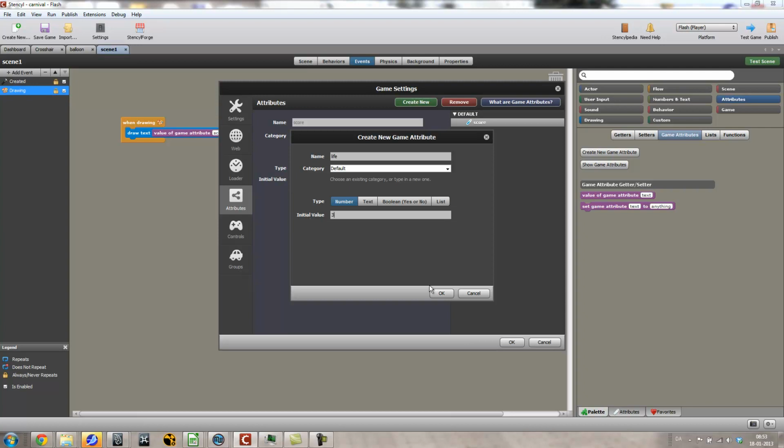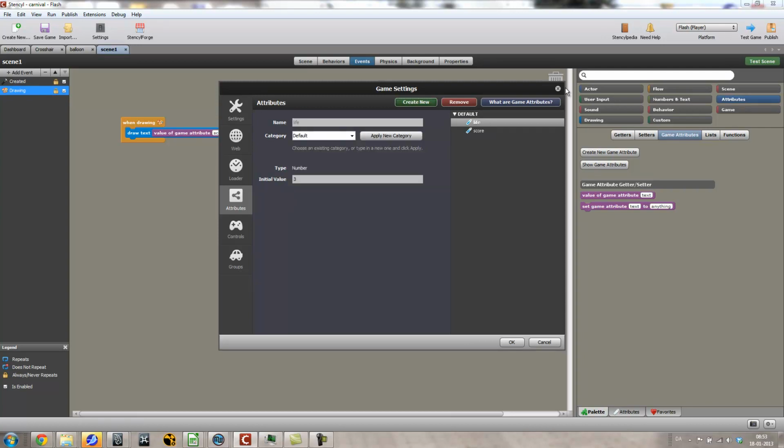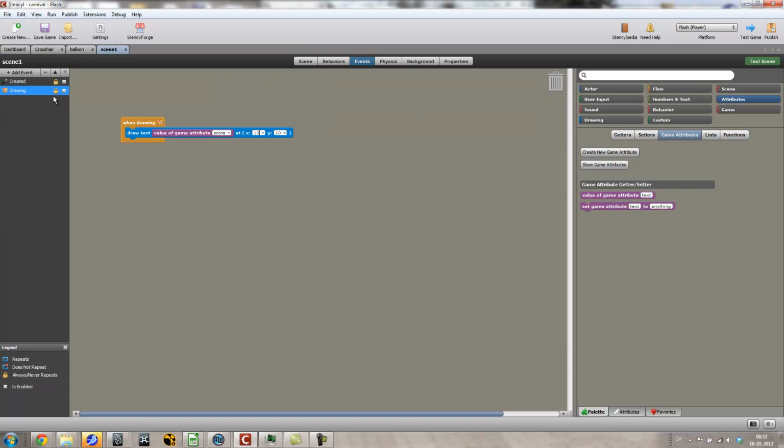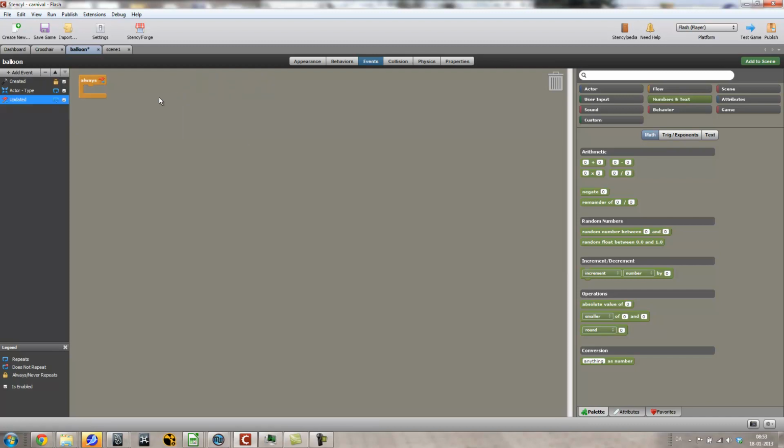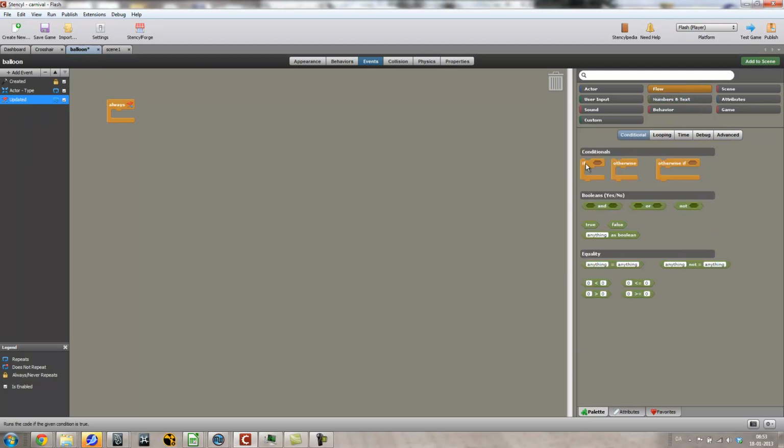There we go. And then what we will do is on each balloon we will add a new event called update, and we will say if, and